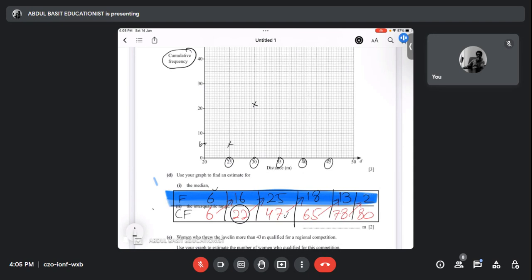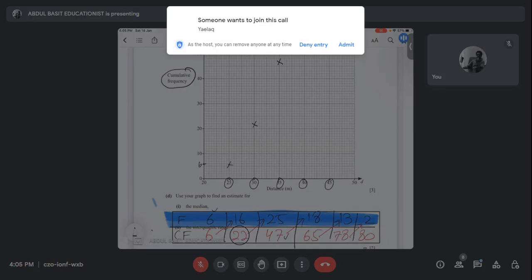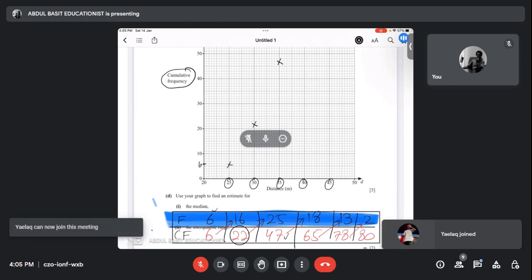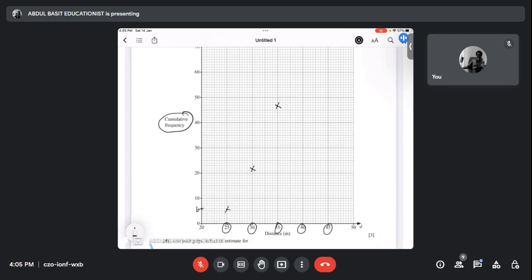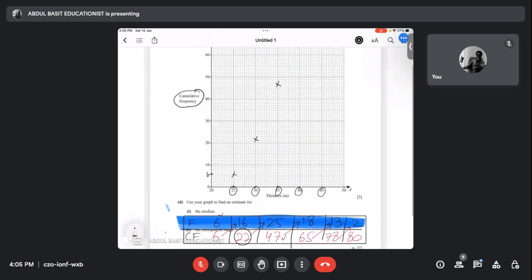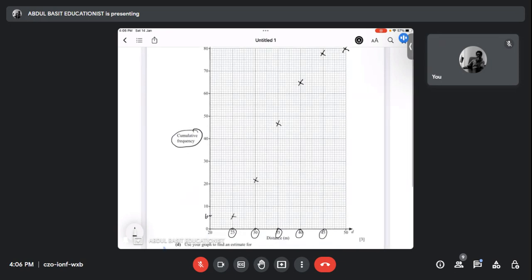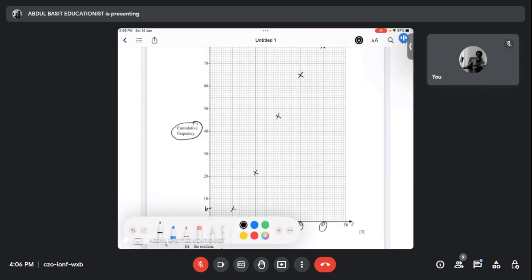Then we have 40 पे it's 65, so it's 40 and it's 65. And then we have the last one, 78 on 45। 78 on 45 ये होगा 78। and the 50 is 80 full। okay, so now join it। आपने करना है join।